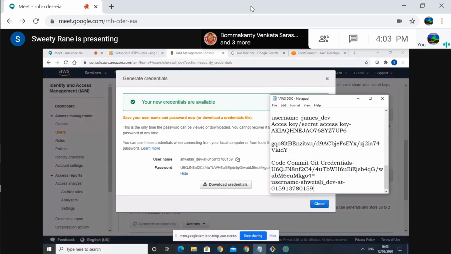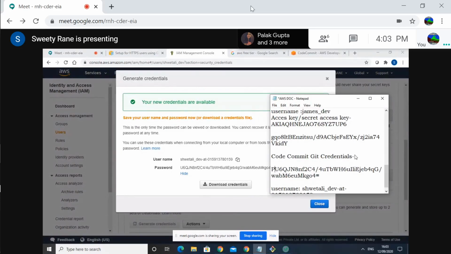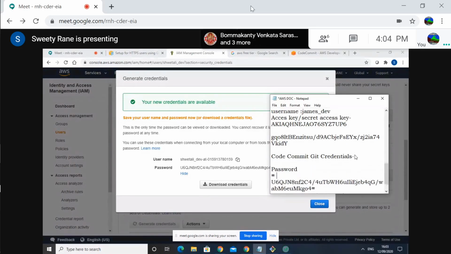You say username equal to the Dev user, with a space in between. Otherwise you will not know whether it's the username or the password. Maximize your notepad window a little bit. On the top you say password is equal to something like that. Otherwise somebody reading this file will not understand what you have written. If it is a password or username, you need to describe it properly. Password is equal to. Okay, save this.